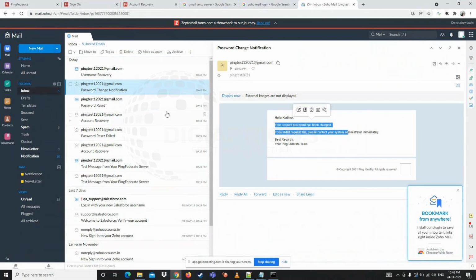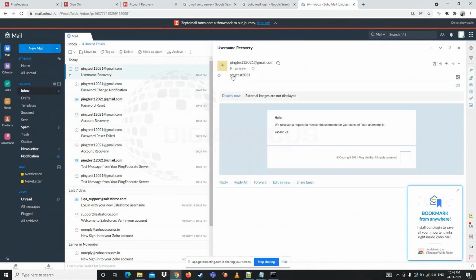Okay, so like that. Here you could see username recovery. I have received my username here, KA546123. I got my username. I forgot my username, and I also requested to send an email, so I got my username also. This is how you can do password recovery, username recovery, as well as the password change also. We saw the password reset feature, the password change feature, and then the username